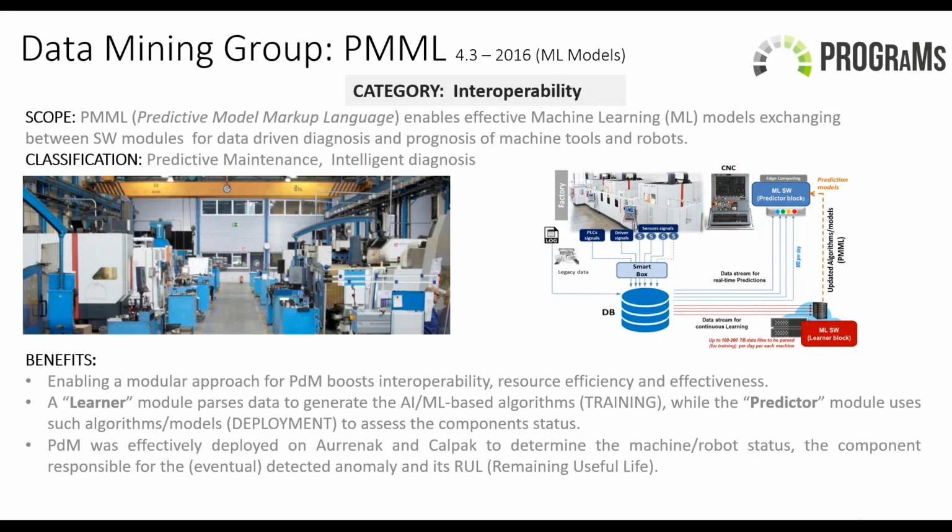In this way, the predictor block just gets, using the PMML language, the algorithms that are generated on a weekly or monthly basis by the learner block. They use such algorithms, which are not very large as a file, and make a prediction, reading a streaming file from the workshop. For example, once a day you predict the state or residual useful life of the machine,